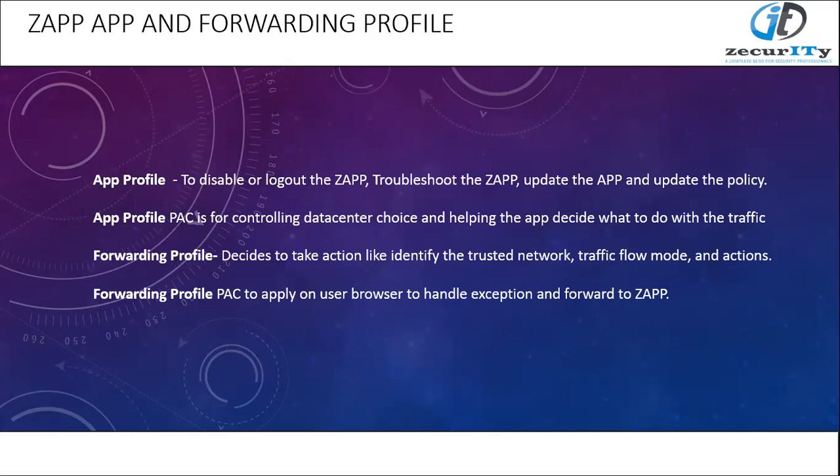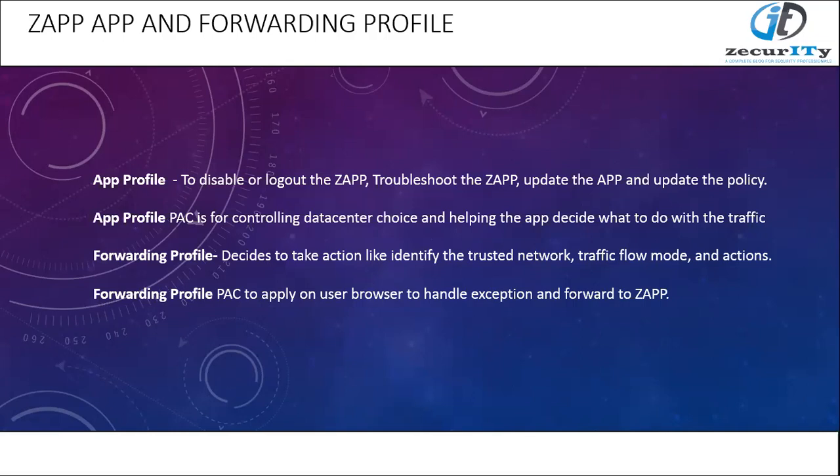For example, you are installing an app onto the end user machine. Now, the app profile will decide towards which Zscaler node I need to establish the tunnel. And do I send any traffic direct, or is any specific node selection needed? Those decisions will be taken by the app profile. So those decision configurations are the logic configuration included in the app profile pack file.